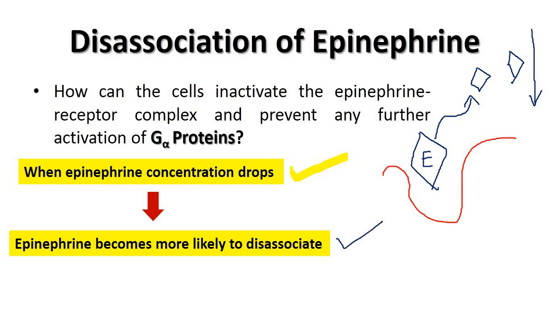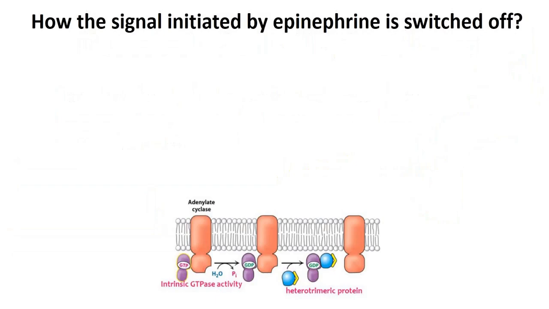And this is important. We want the epinephrine to be dissociated. If the epinephrine becomes dissociated, the pathway would stop, and that was the question that we started with: how the epinephrine signaling pathway stops. Now the question is how the signal initiated by epinephrine is switched off. That was the question we are trying to answer, and we already highlighted a very important role of intrinsic GTPase